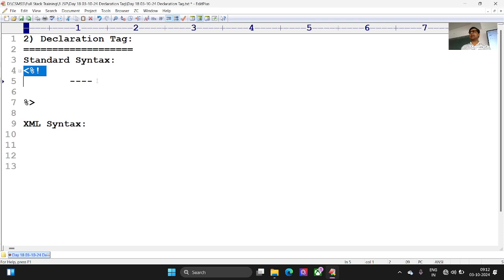A declaration tag you can write by using left angle bracket, modulo, and exclamatory mark, followed by which you can declare variables. You can declare instances of any class, any predefined class or any custom class, within this declaration tag. So what can you write here within the declaration tag? Here you can declare